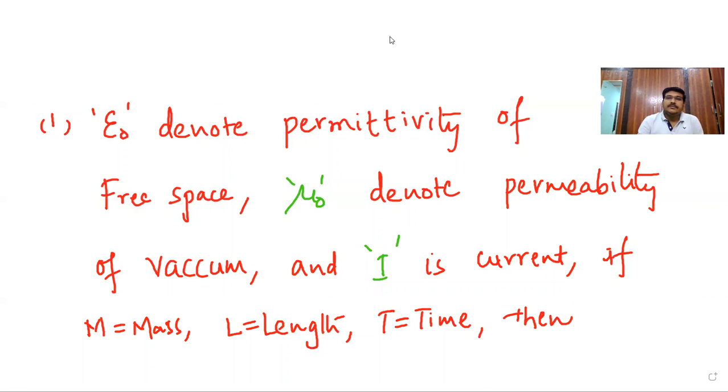He says that epsilon is the permittivity of the free space, whereas mu naught is the permeability of vacuum, and I is the current, and clearly giving that mass is M, length is L, T is the time. Then he says the continuity of the question is,